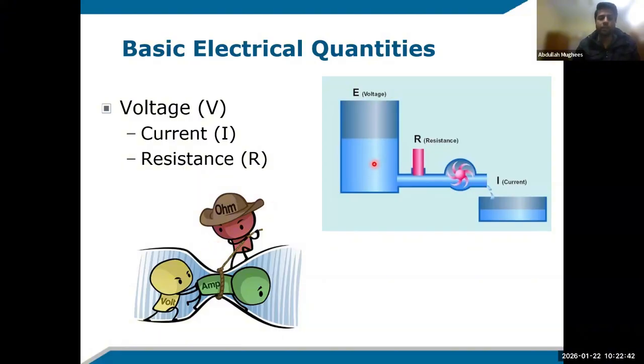If they are not moving, there is no current. If the charges are moving from one point to another, then there is current in that place. Current is movement of charges. So for those charges to move, they need a push,